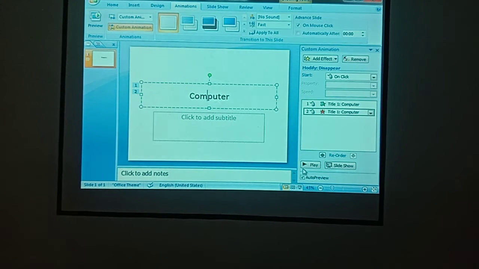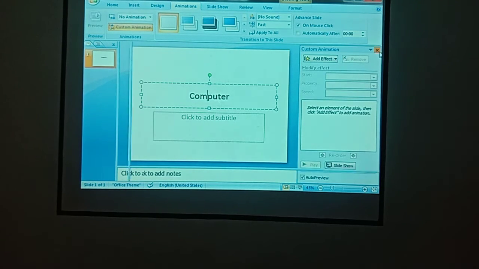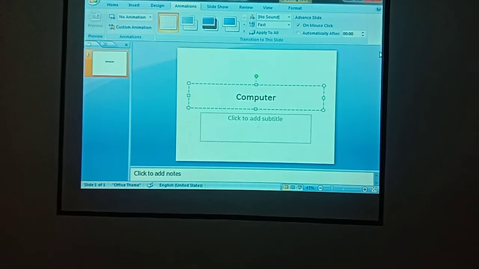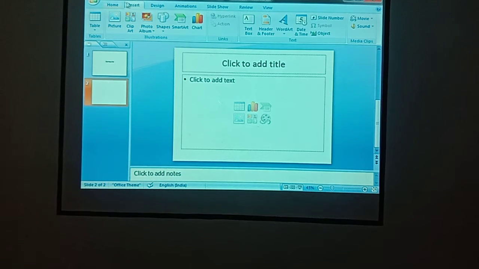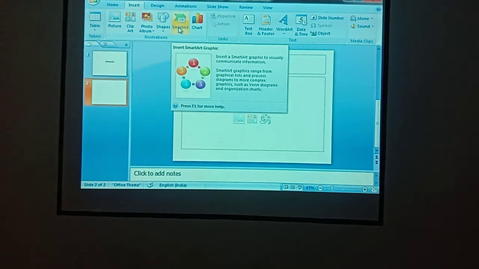Even we can animate shapes also. For that, first you need to open a blank slide. Okay. Here I am adding a new slide which is blank. So go to the insert tab. Under the insert tab, there is the illustration group.